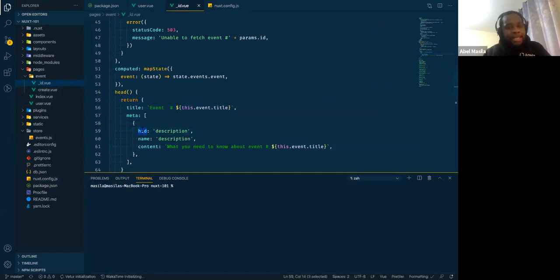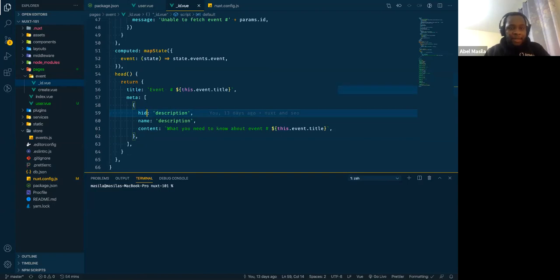This HID makes sure that this page has got unique meta information. If you don't add this and you have another meta configuration with the same description, it will be overridden. So it's good to uniquely identify your meta info using this item provided by Vue. But then you only need to provide your configurations for the pages.